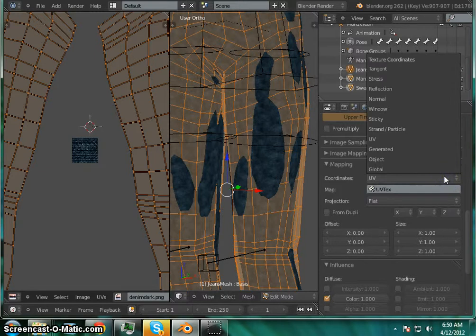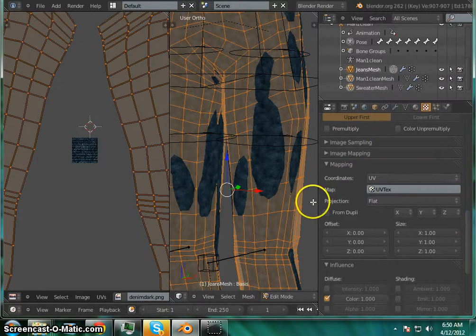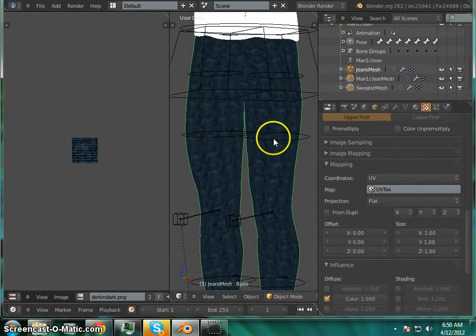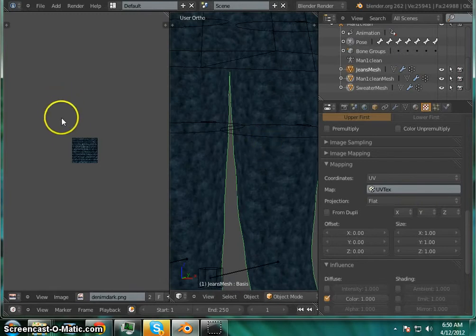First of all, most of the time it comes up as what's default generated, I believe. It will automatically generate the coordinates of the texture you're placing on it, and that's not necessarily how we want to do it. For here, we want to